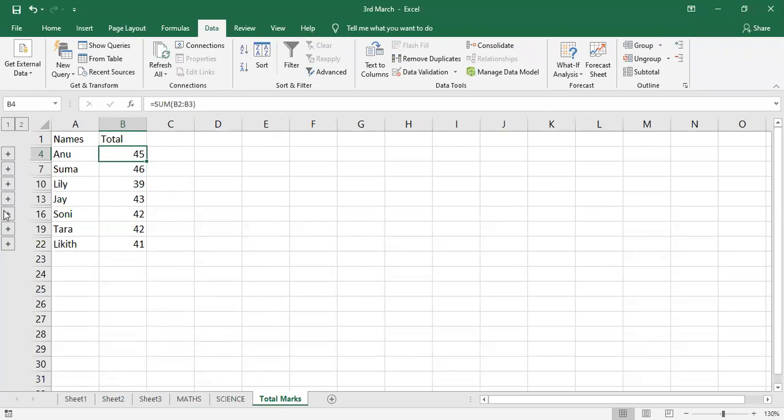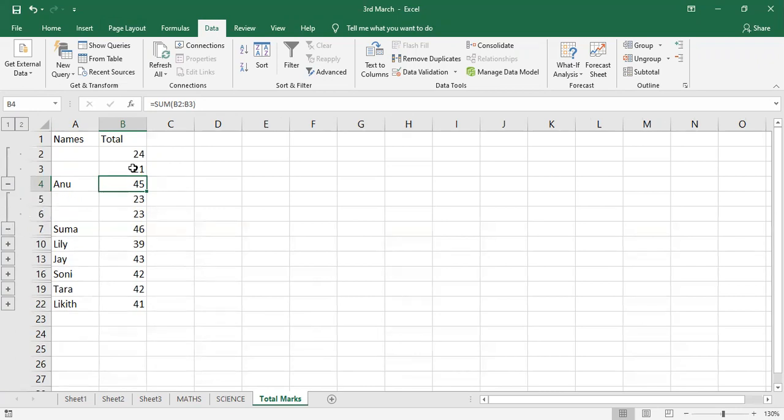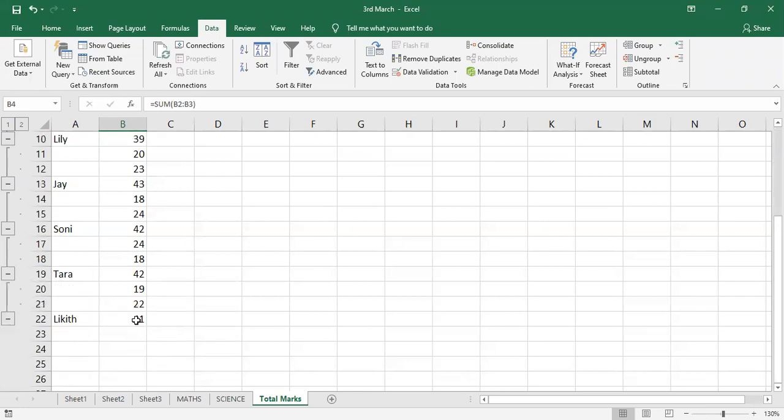Can you see here towards the left side, there is a plus symbol? What does it mean? It will show by using which numbers you have got this result. If you click on plus and maximize this, you will come to know how you got the result. If you don't want to know by which values, you can just minimize it.